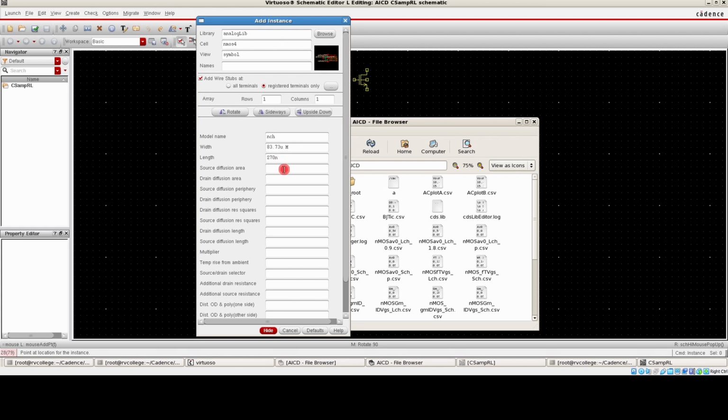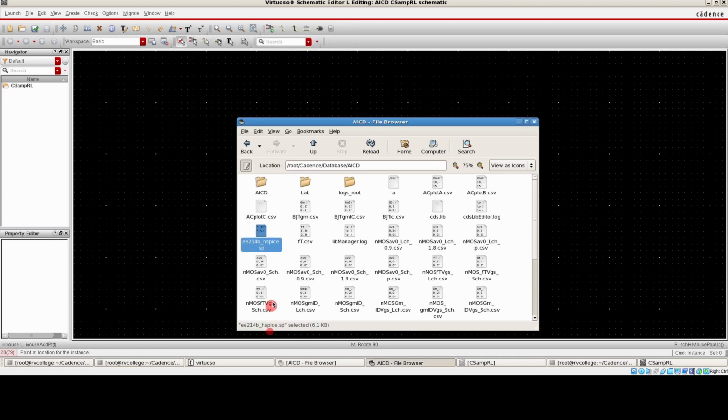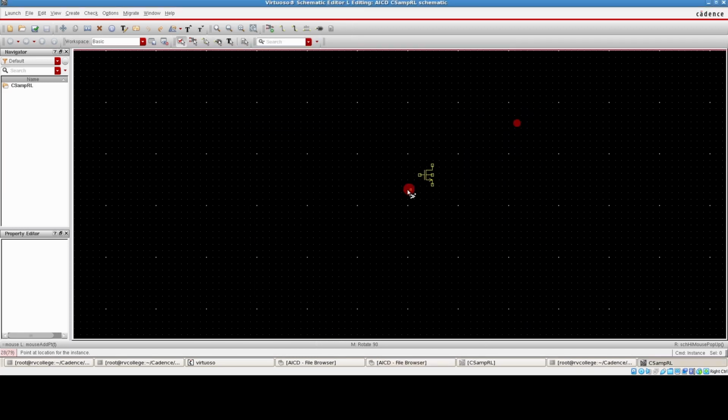Click on hide and just fix these, and then let us use this flip option.